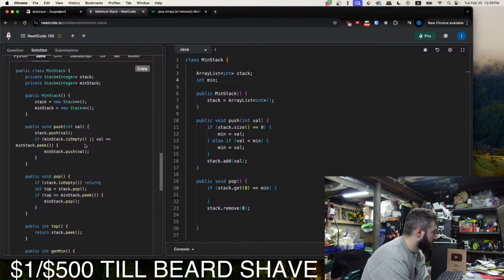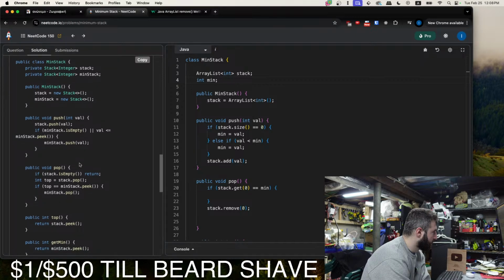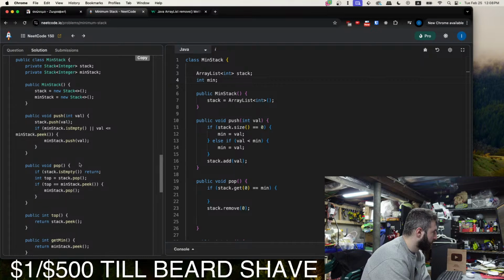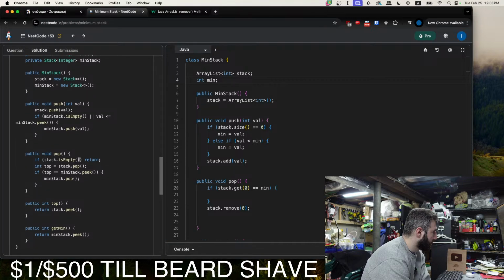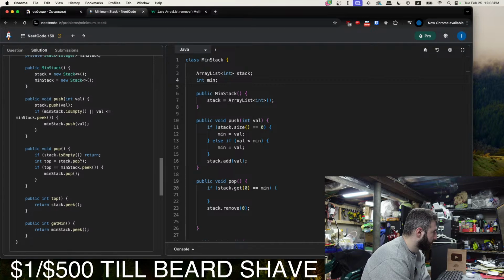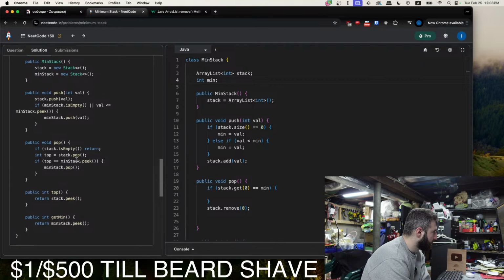Now, how would popping that work? So now those 5 and 4 aren't in the min stack, and even though 4 is the second minimum, it's a 5 that's in the normal stack.